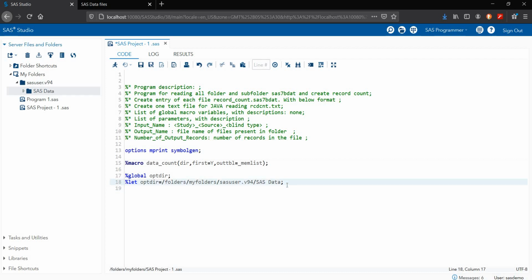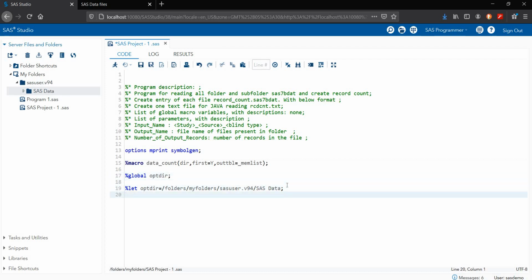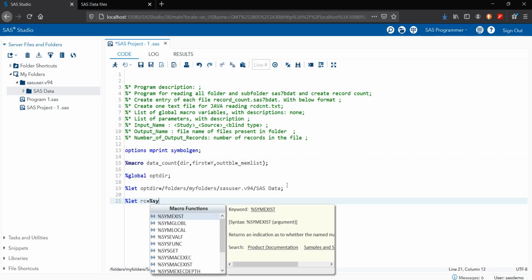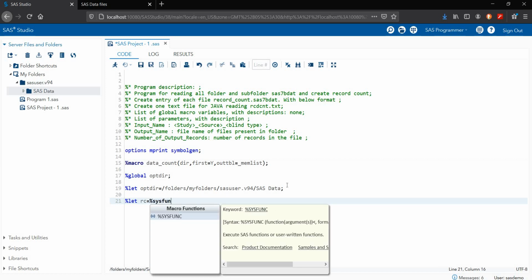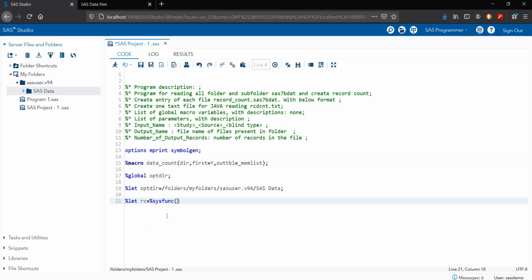Next we need to open that particular library. %let, then we are opening the library. So I'm using rc with the sysfunc, for executing a base SAS function in the macro variable.